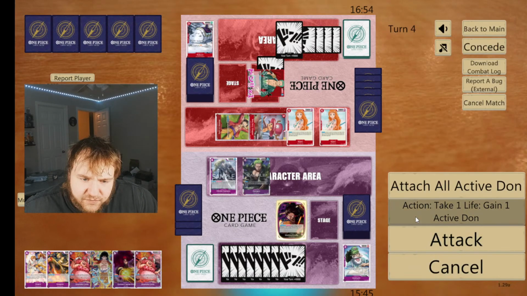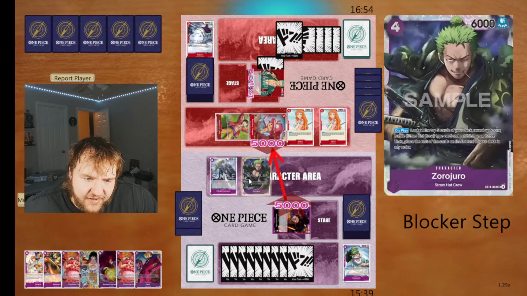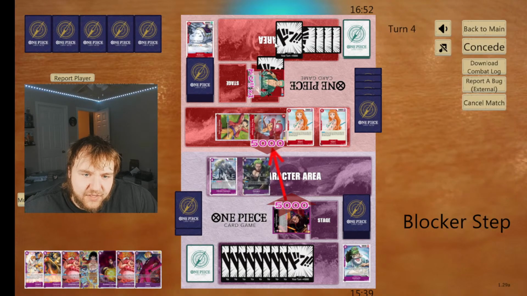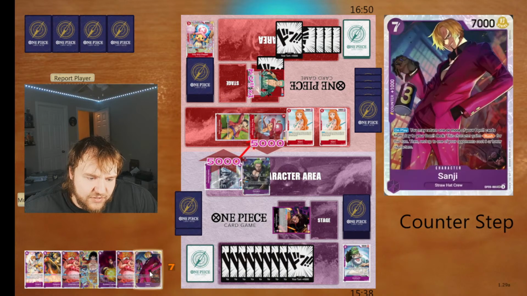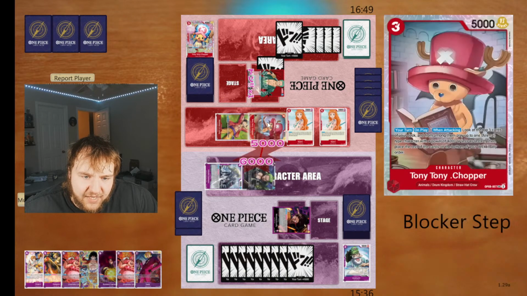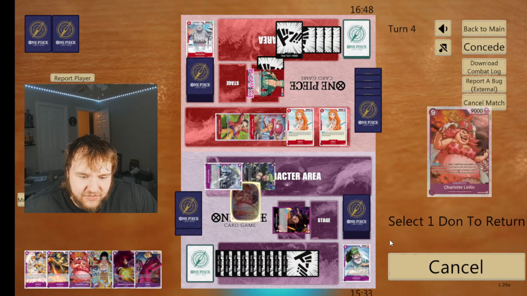We are going to take a life, and then we're going to be swinging into our opponent's characters here, so we're going to go 5. We're just going to try to get rid of this Chopper. They will get the Shut Up and Come With Us event. That's okay with us. We can always tap it down if we really don't want them to have this, but I think this is going to be the best bet, and it looks like they don't even have it,